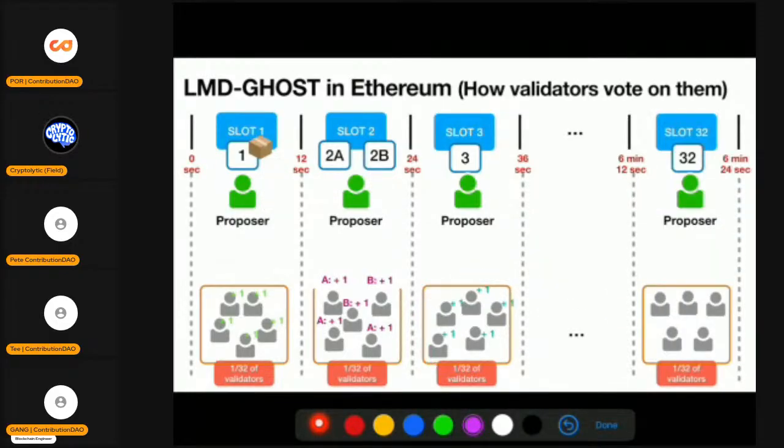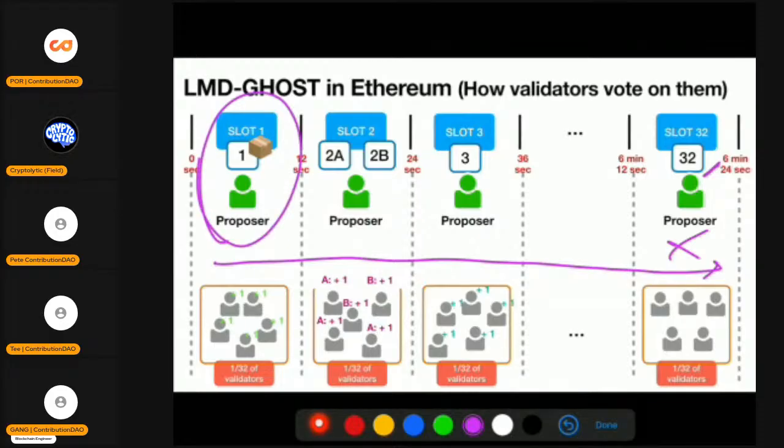Going to be, and then you keep repeating this step until you reach slot 32. When you reach slot 32, it means that all of the validators have made their vote, and block one